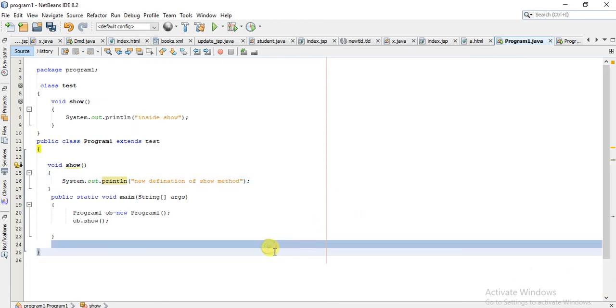So you can see this show method is overriding the show method of the Test class.